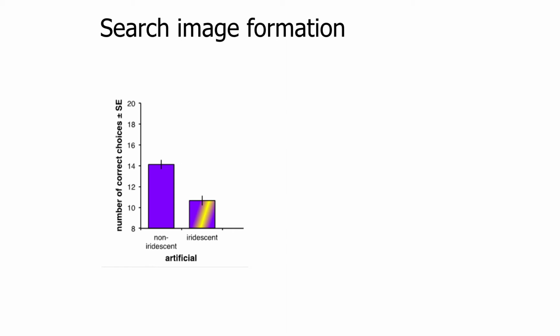So that's her optimum search image formation in this test. She can only manage 70% accurate. If I make them all iridescent, that goes down to 50-50. It's no better than random. So she can't form a search image of those flowers if they have a perfect replica of a CD on